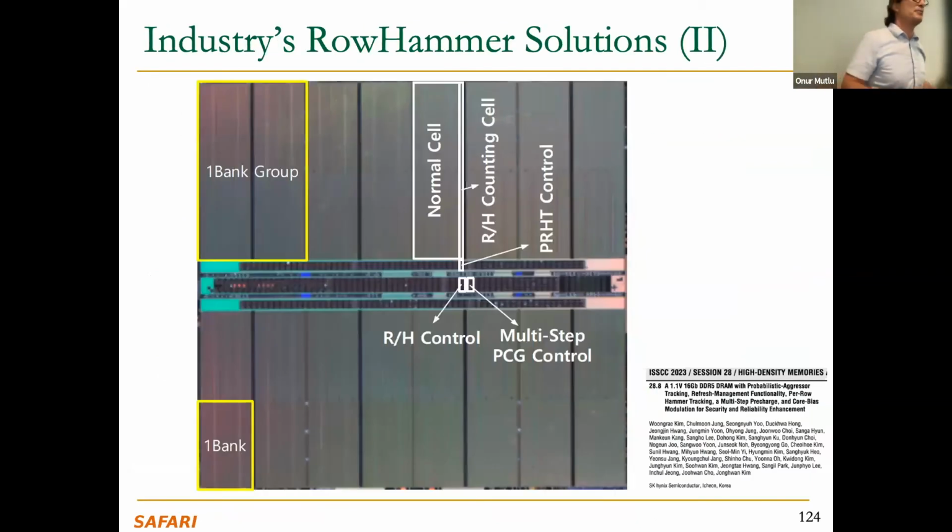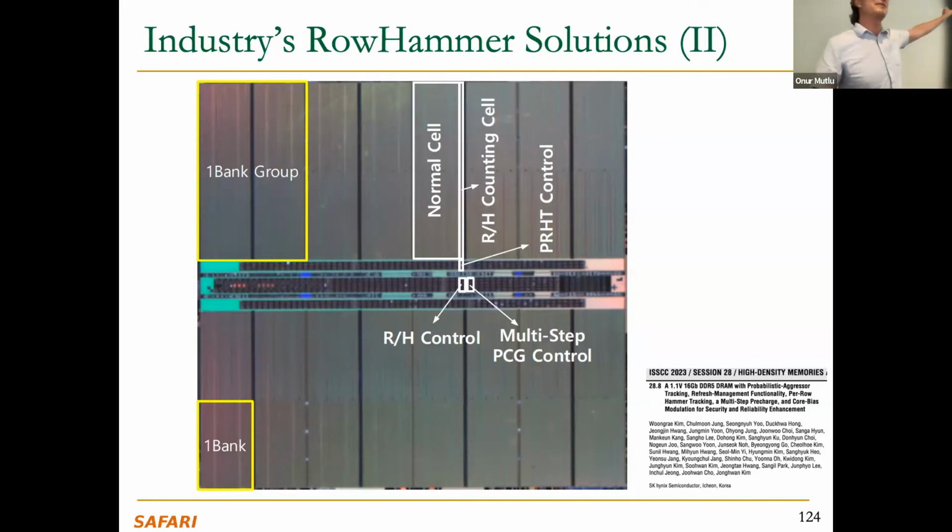What they did was they actually modified the DRAM chip. This was something that nobody thought people would do, but they actually added counting cells. Essentially, for every row, they added a cell to count how many activations there were. And there's a small memory controller inside there that refreshes adjacent rows. They don't talk about the details of their mechanism, but they say that they reduced the RowHammer vulnerability to 7%. Whatever that means. We don't know if that's true. That remains to be, of course, examined. But this is a step in the right direction, in my opinion.